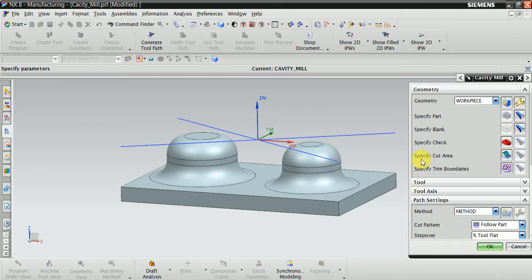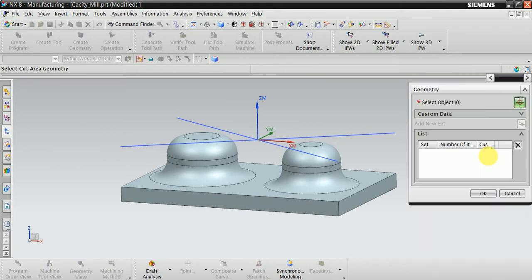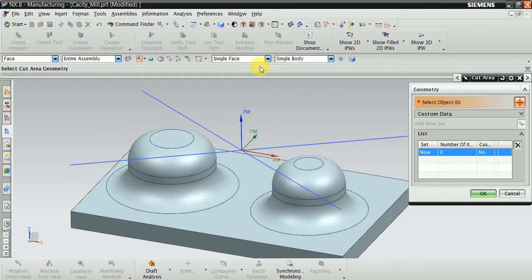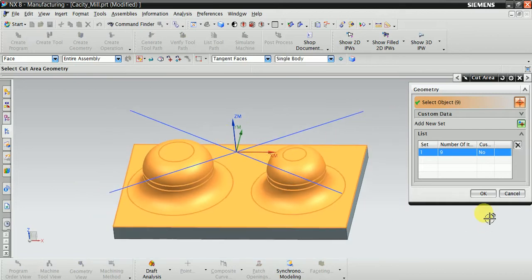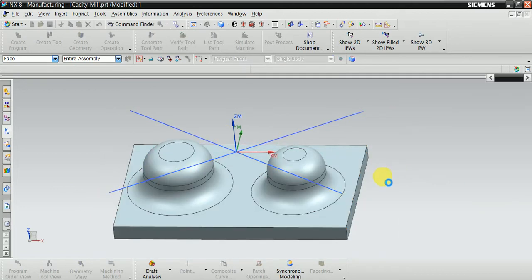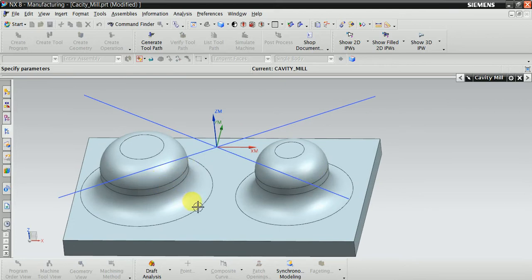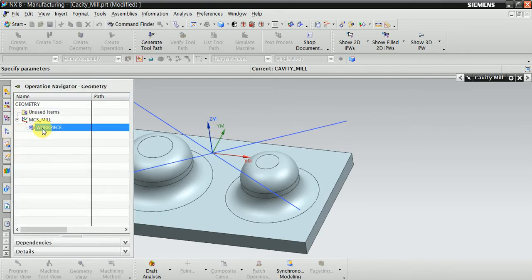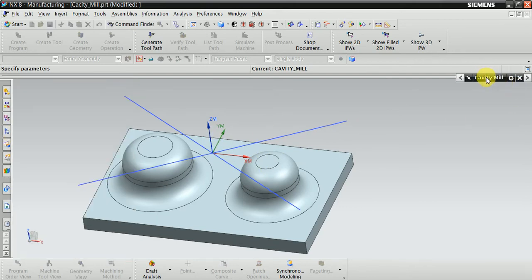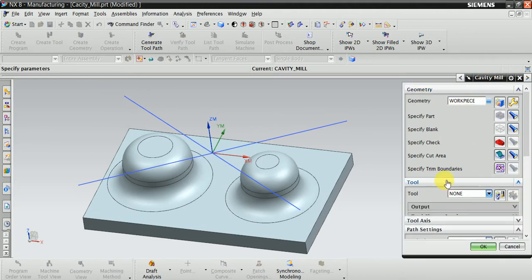Now specify the cut area, select this one, tangent, all the faces, OK. Now before the radius of this shape, first of all we rough this shape with the help of a CR tool.